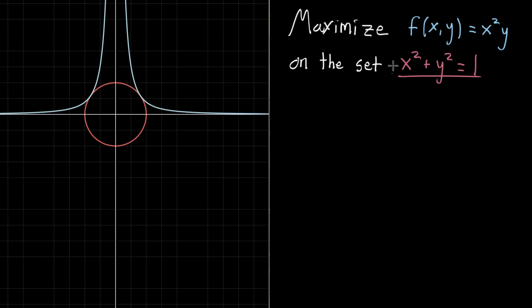In the last video, I introduced a constrained optimization problem, where we were trying to maximize this function f of xy equals x squared times y, but subject to a constraint, that your values of x and y have to satisfy x squared plus y squared equals 1. And the way we were visualizing this was to look at the xy plane, where this circle here represents our constraint, all of the points that make up this set, x squared plus y squared equals 1,